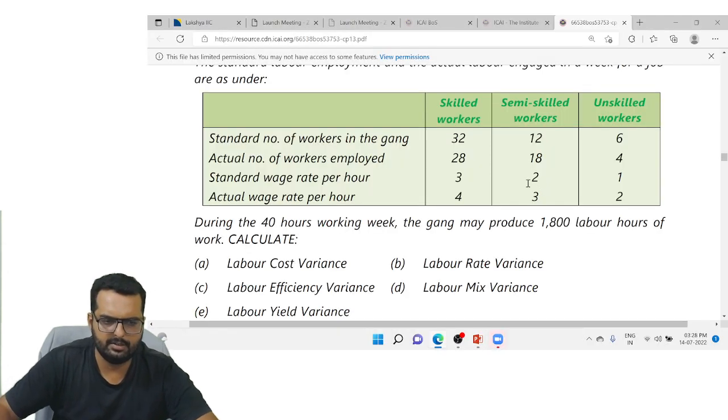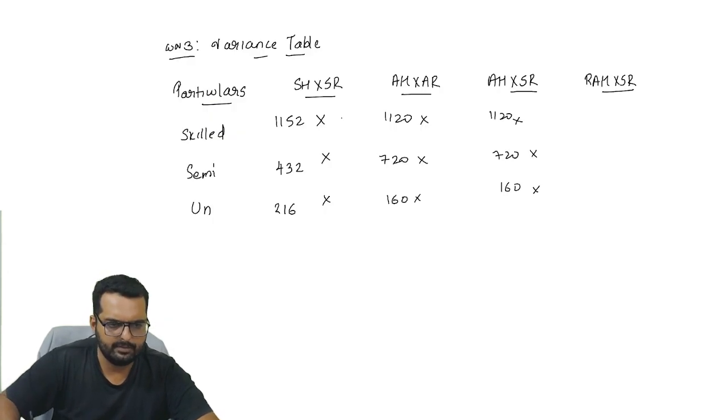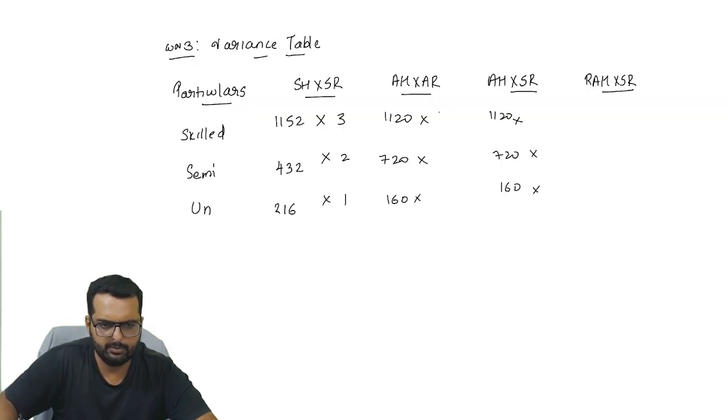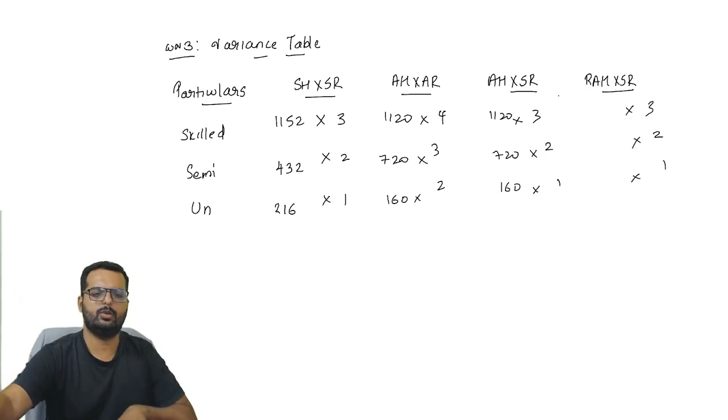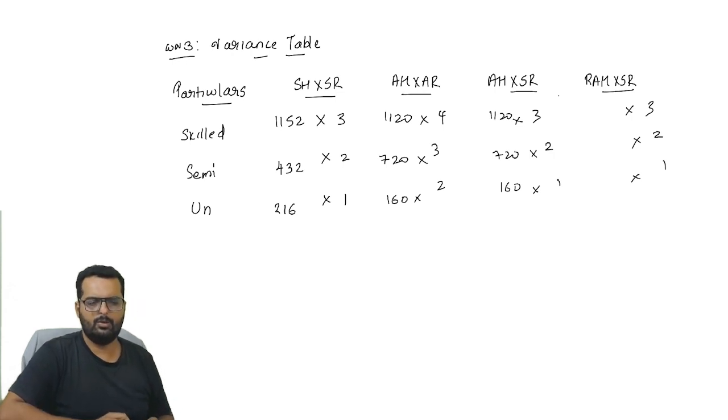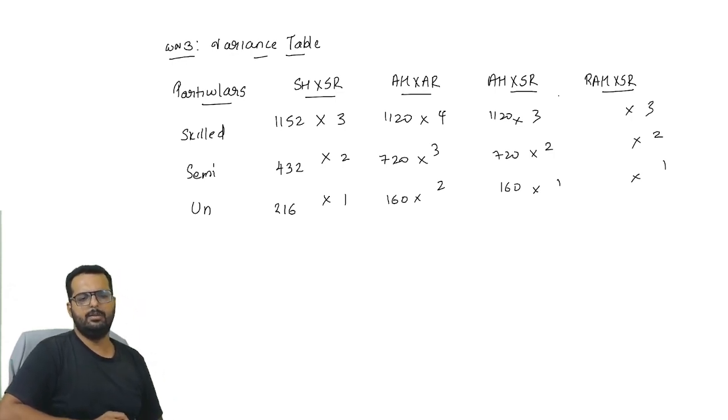And what is the standard rate? 321. And what is the actual rate? 432. 321. 3, 2, 1. RAH will be total actual quantity, that is 1120 plus 720 plus 160, total actual quantity in what mix? Standard mix. So standard mix is going to be,